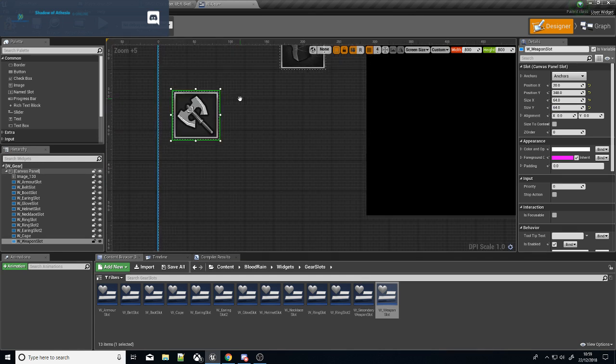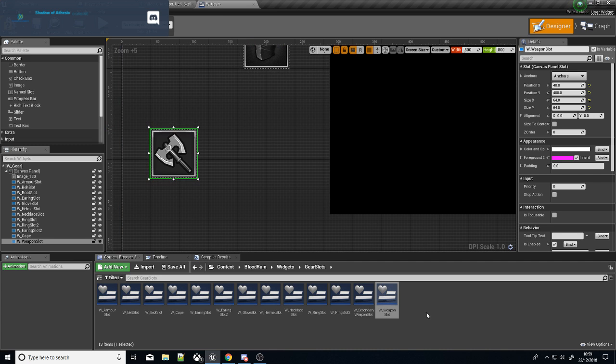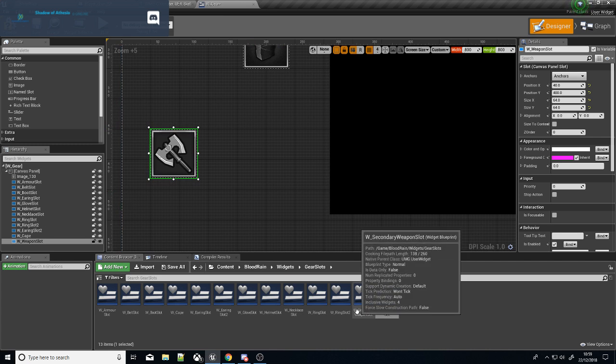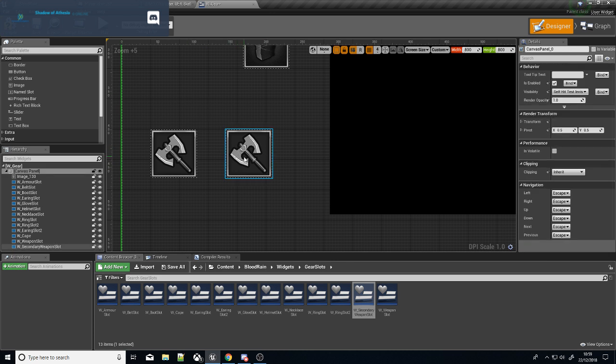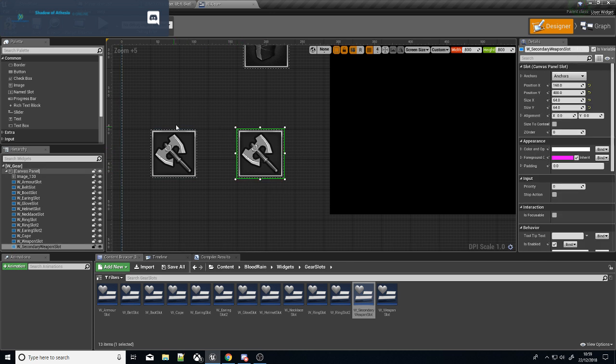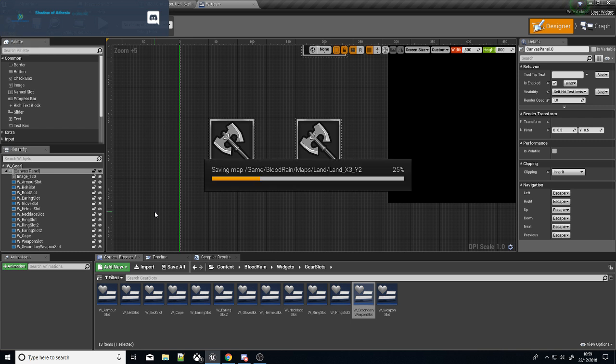So we'll do something a little bit different with these because we need some kind of attachment as well. So attachments will be kind of, so you have a bow and you want to make a